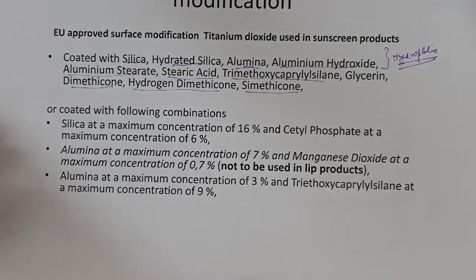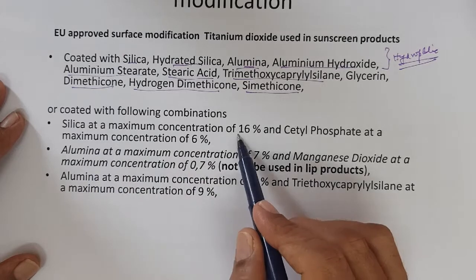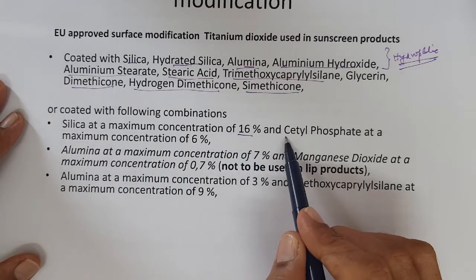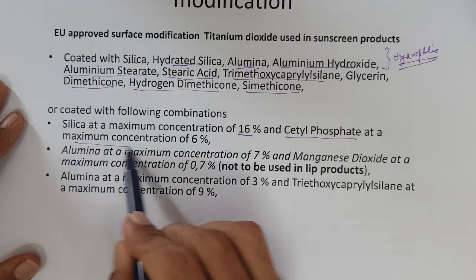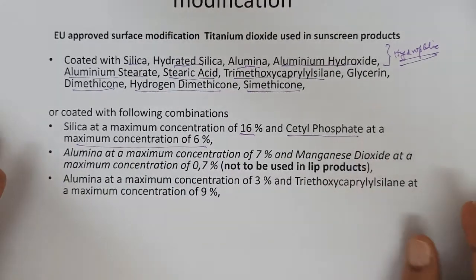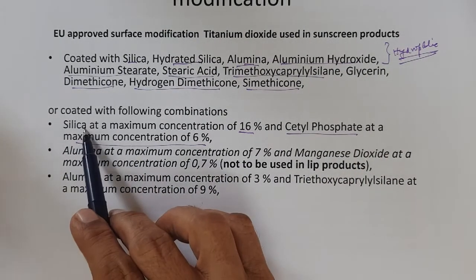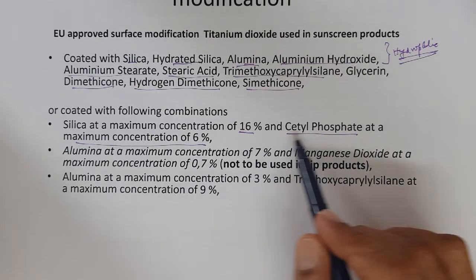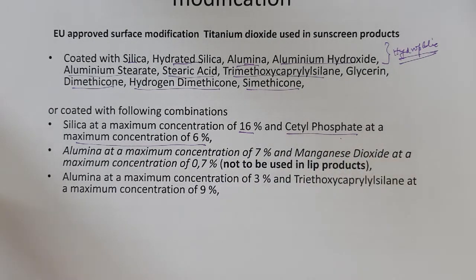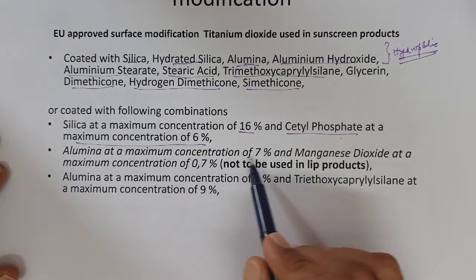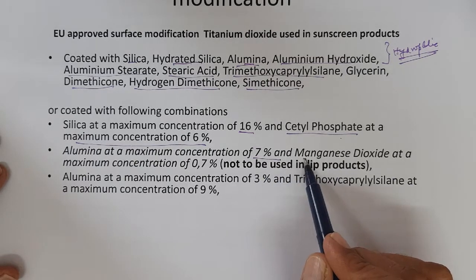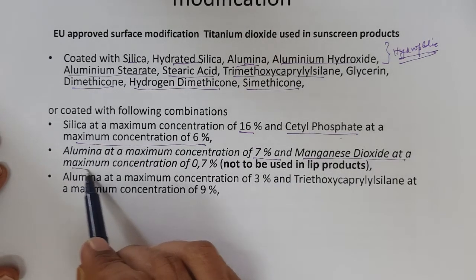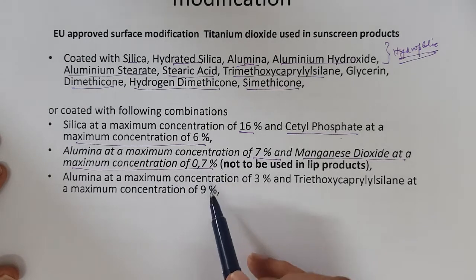Combinations of coatings are also allowed. Silica at a maximum concentration of 16% and cetyl phosphate at a maximum concentration of 6% is allowed. So this is very easy. Silica is hydrophilic, this coating, and with cetyl phosphate as an emulsifier in this coating also, it spreads, disperses very well in the water. Alumina at a maximum concentration of 7% and manganese dioxide at a maximum concentration of 0.7% is also